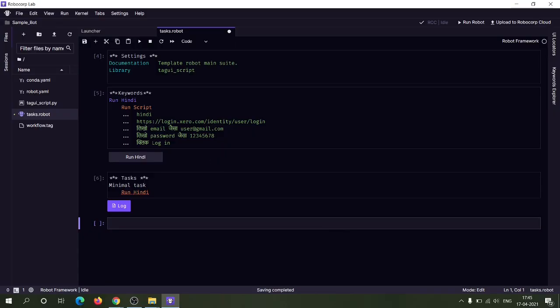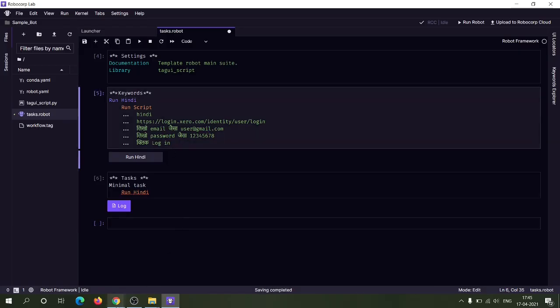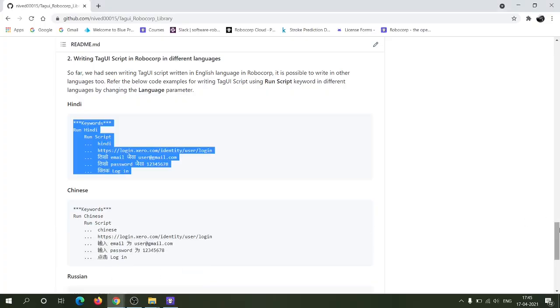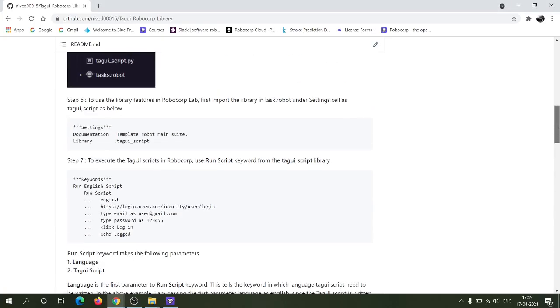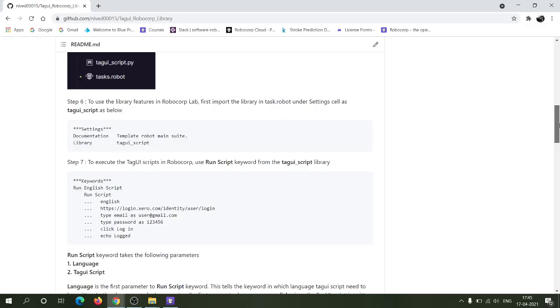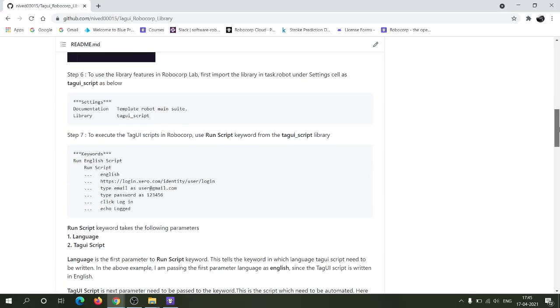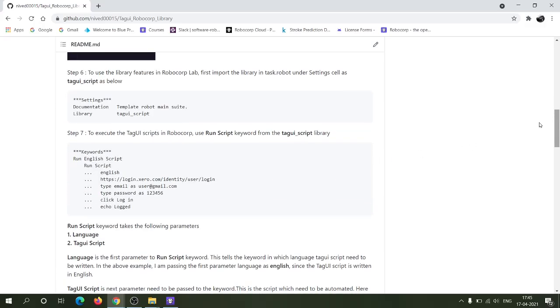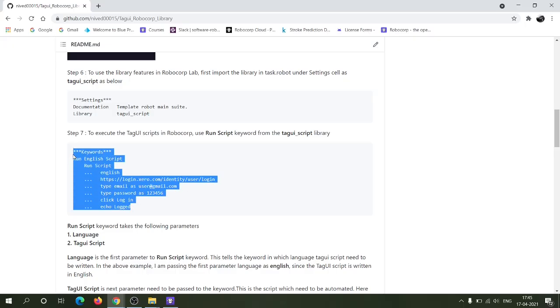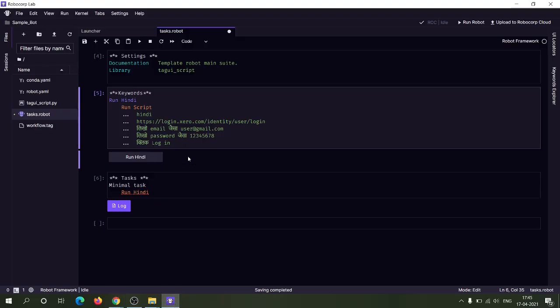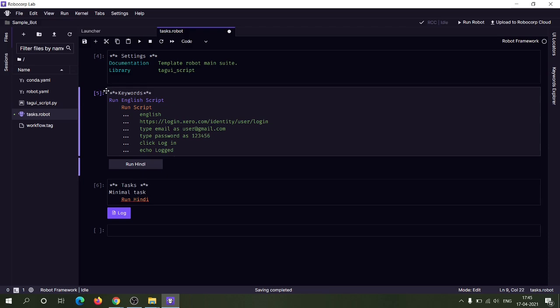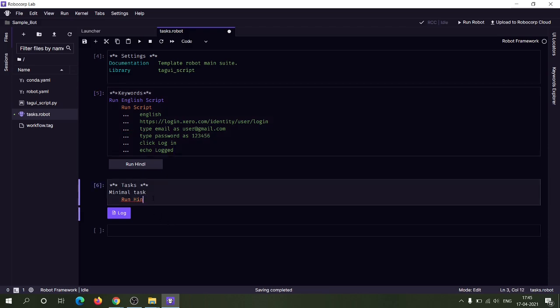So if you go back to our previous case, let me copy this here to give you a better understanding of this. Let me specify run the script.